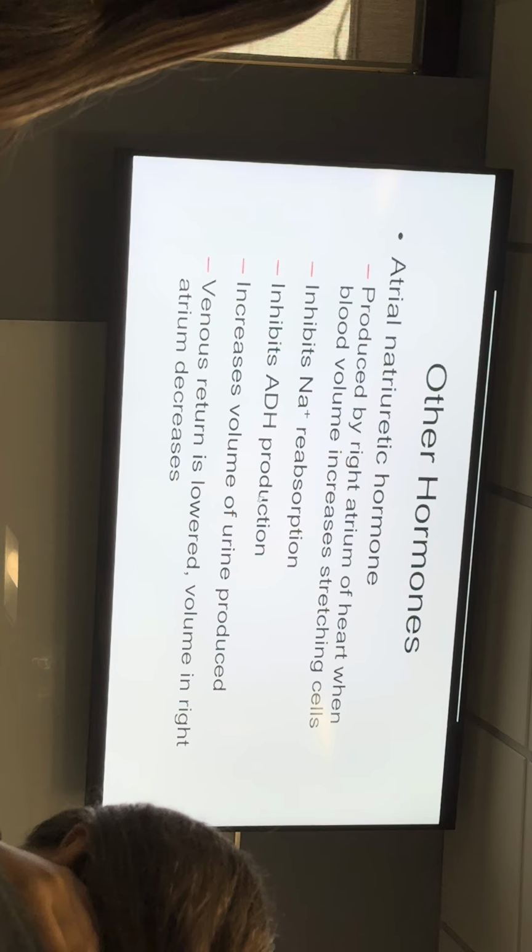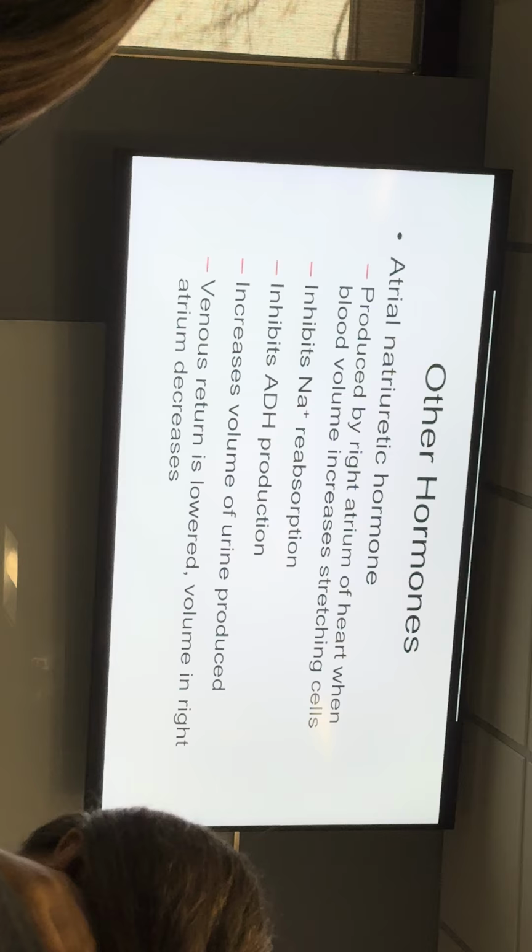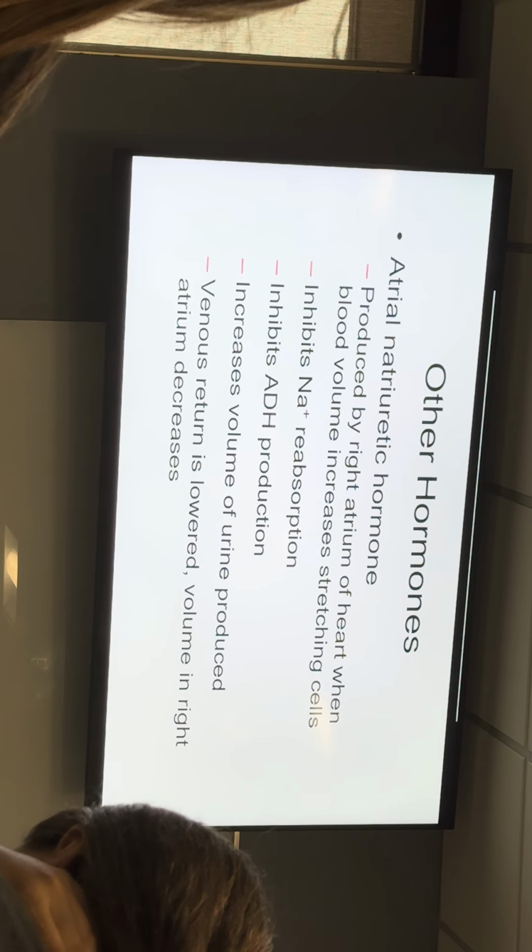Okay, a couple of other hormones are produced. Your right atrium produces a hormone called atrial natriuretic hormone when it's stretched out too much. So when's a really common time for way too much blood to go to your right atrium all at once? When you go from standing up to laying down. Then your body doesn't have to fight gravity anymore, so all that blood that was pooled in your legs suddenly comes flying back up to your heart. And that stretches out your right atrium way too much. That's the easiest example of when that can happen.